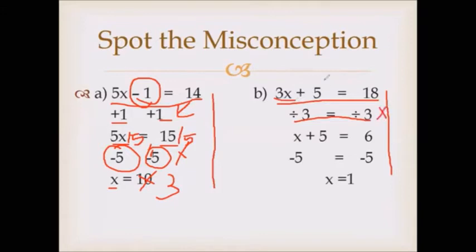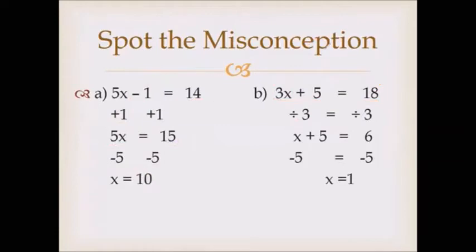First we have to remove the numerical constant. It's not the coefficient of x. In 3x, 3 is the coefficient of x, and this is a numerical constant. So we always have to remove the numerical constant first. So what we have to do first is that here we have to do minus 5, right? And here also we have to do minus 5. Okay, then afterward we divide by 3. I think it's clear. You can now do the solution of the B part yourself.